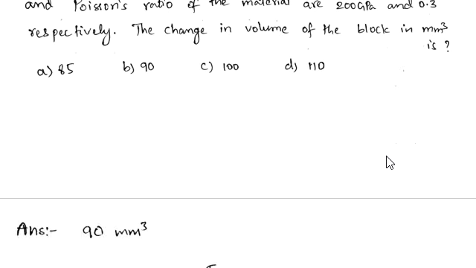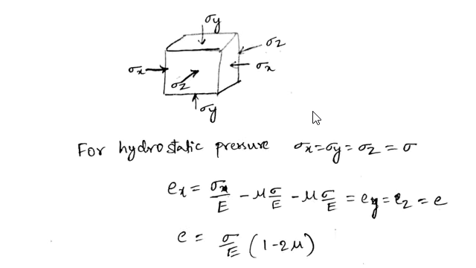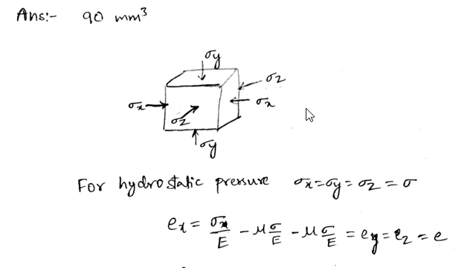And here the answer is 90 cube. That is, option B is the right option. And see here, hydrostatic pressure means pressure applied by a fluid on an element or body. Here the given body is a steel block, so the hydrostatic pressure will be the same on all faces of the body. So if you take x, y and z direction stresses, because hydrostatic pressure will be the same